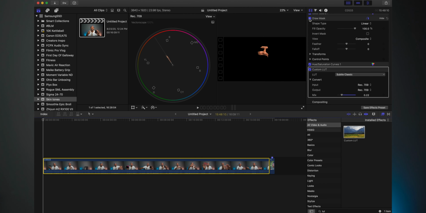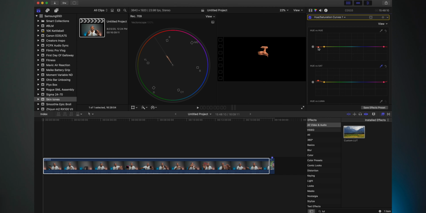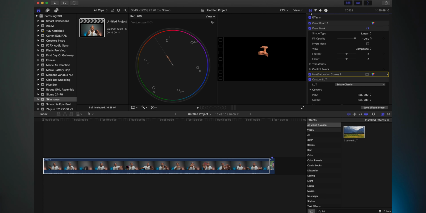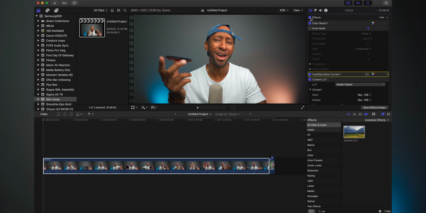But when I do that, I want to make sure that I come in and check to see what is done to the skin tone. So I turn on the draw mask there just one more time, see what the LUT has done, and it actually just kind of saturated it and turned it off a little bit. I could come back into my hue saturation curve there and just a touch there with the LUT on there, just to change that adjustment to make sure that we're still on that line. Turn off my draw mask. Now we've gone from that to that there super quick,